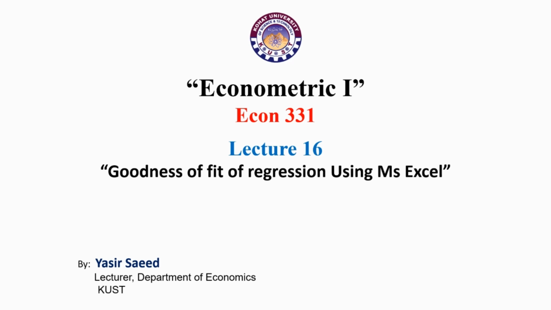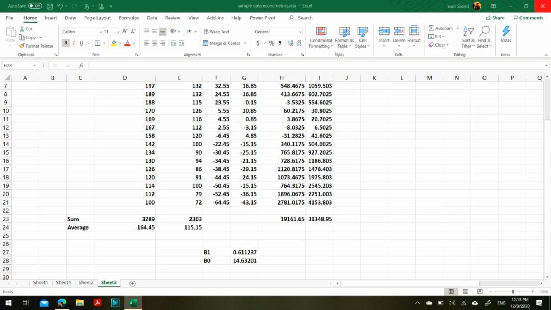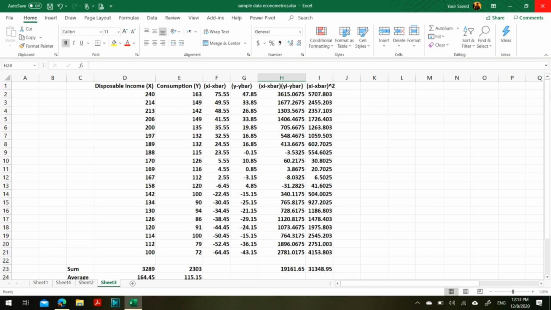This is lecture number 16 and in this lecture we are going to study the goodness of fit of regression using Microsoft Excel. In the previous session, we studied how to derive the values of beta 1 and beta naught, and we calculated them. Today we are going to progress a bit forward, and our objective is to learn about